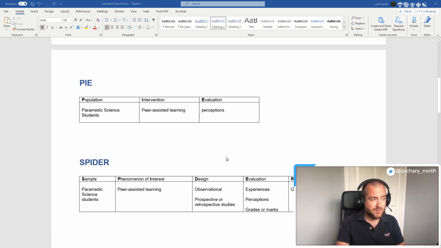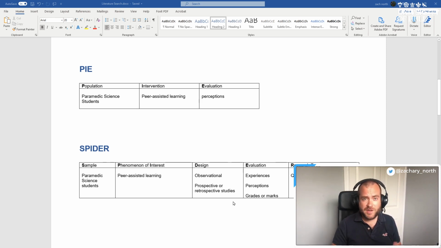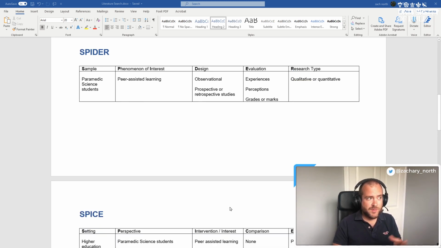There's also something called PI as well, which sometimes fits quite well. Again, the population is paramedic science students, intervention is peer-assisted learning, and the evaluation, what I'm actually looking for, are the opinions, the perceptions of those paramedic students. Something that's really going to fit quite well is something called SPIDER, and that's sample, phenomenon of interest, design,